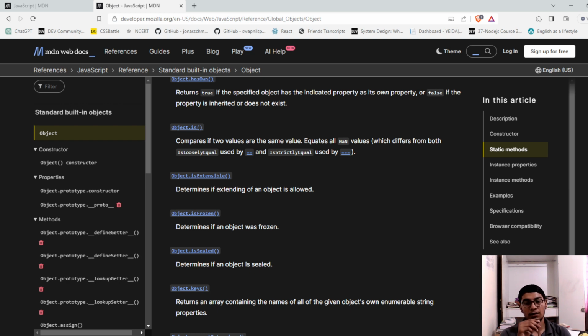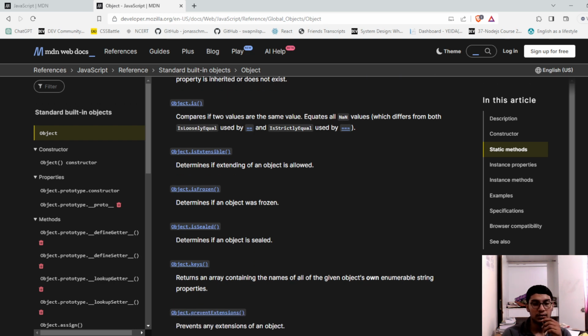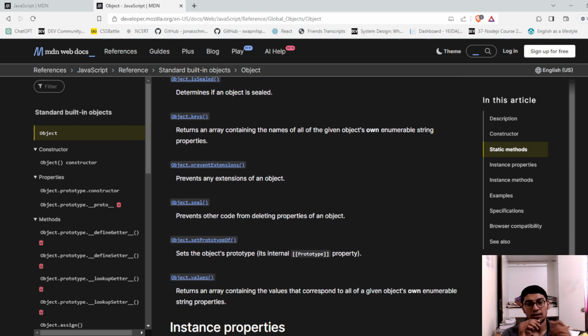Object.isExtensible determines if extending an object is allowed. Object.isFrozen determines if an object is frozen. Object.isSealed determines if an object is sealed. Object.keys returns an array containing the names of an object's own enumerable properties. Object.preventExtensions prevents extension of an object. Object.seal prevents other code from deleting properties of an object. Object.setPrototypeOf sets the object's prototype to its second argument. Object.values returns an array containing the values corresponding to the given object's